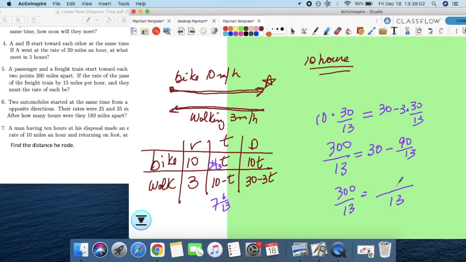So 13 times 30 is 390, and 390 minus 90 is 300. So they're equal to each other. Perfect. So we know we're good. That's just a check. The distance traveled on both sides is the same. All right, so